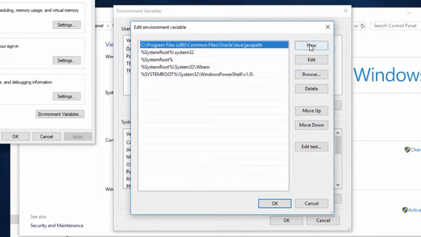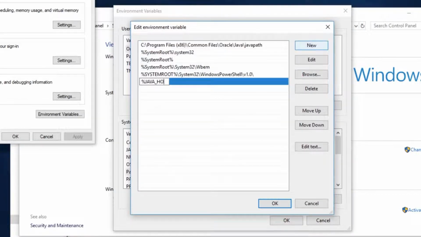And we're going to add a new entry here, which is Java_home with these percentage signs at either side. And that basically means resolve this to the actual value. So Java_home is the variable, that's the name of the piece of memory which holds that data. But to get what's actually in that piece of memory, we can put percentage signs around it. It's known as dereferencing that variable, to get the actual value out, and then put \bin and enter.